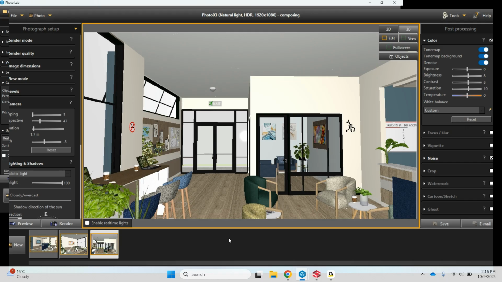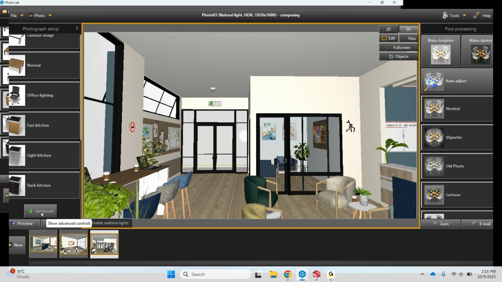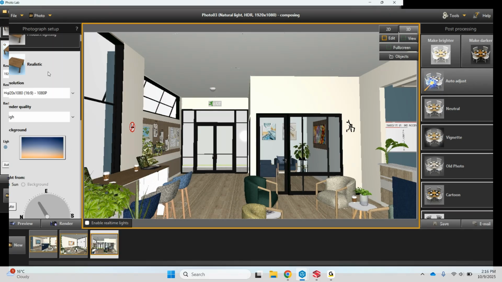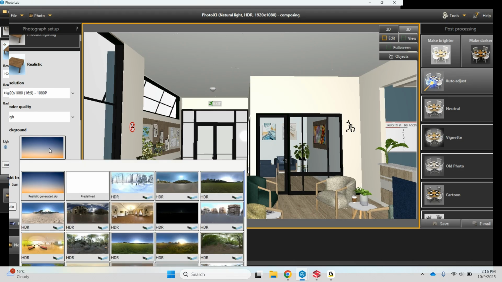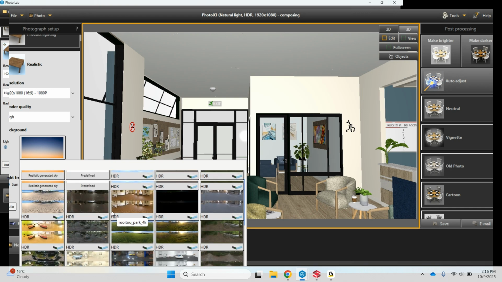So from the left side panel, you're going to start out by scrolling down and selecting the Simple button. From here, you're going to navigate to, and select the realistic box. And then you're going to select the thumbnail image under background. So this is where you can download any HDR images that you wish to use for your project. To avoid running into any issues, we do recommend that you use the images available here in CET. So once you've downloaded the image you want to use,